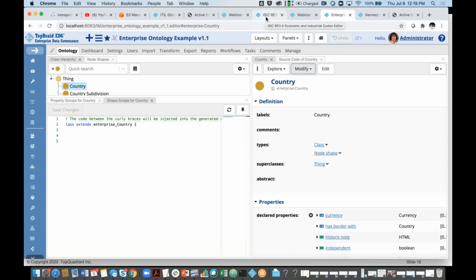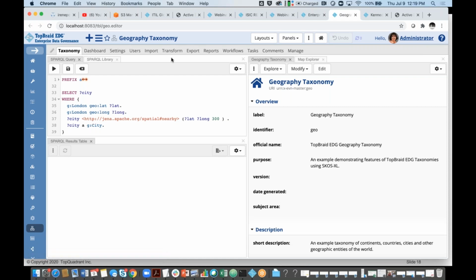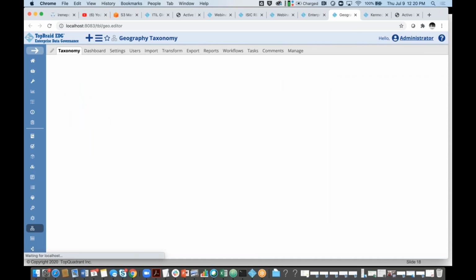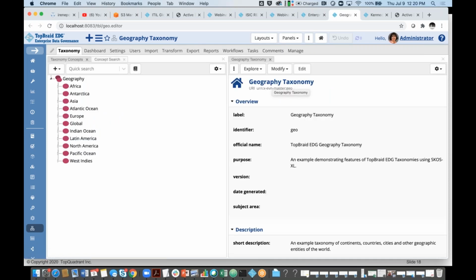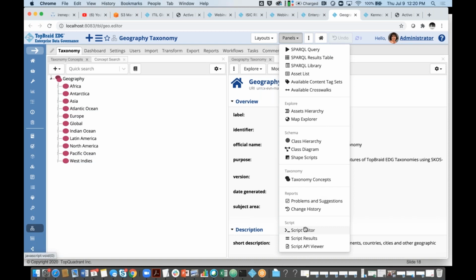And if I, for example, show, there's a few other panels. This panel is available only in the ontology, the one that lets you write scripts, and they are saved in the ontology. There is a number of other panels that let you run those scripts, and they're available everywhere. So there is a new script